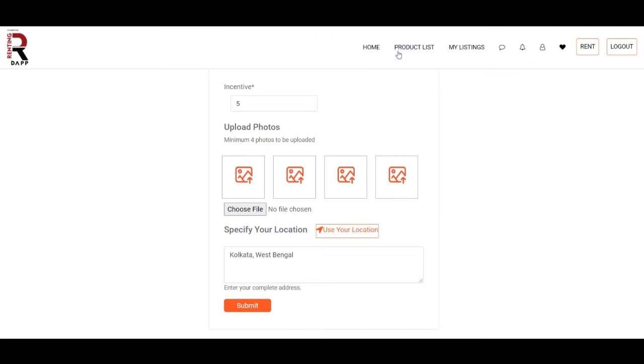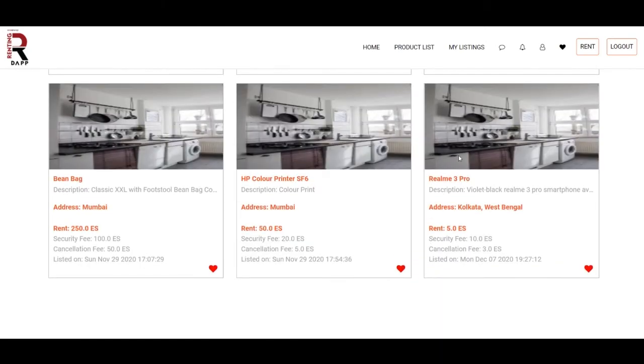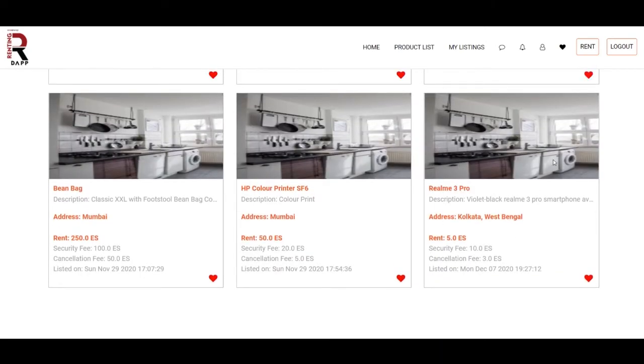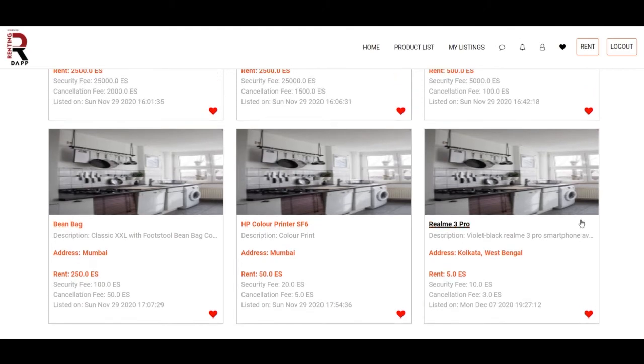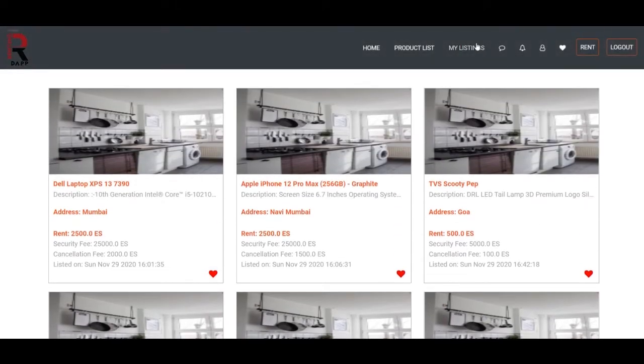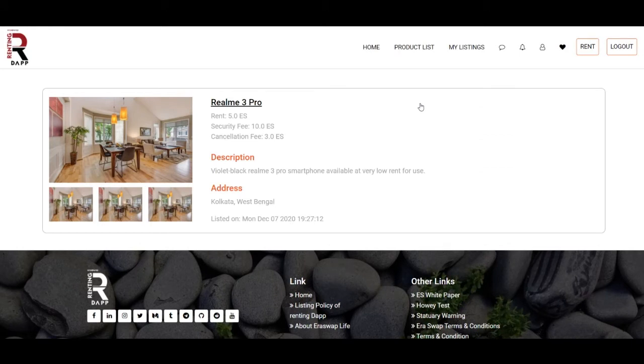So you can go to product list and you will see Realme 3 Pro listed on Monday, December 7th, 2020 at 19:27. That's the time right now. So, okay, you can go to my listings and here also you'll see Realme 3 Pro, which you have just created. So that's under my listings.